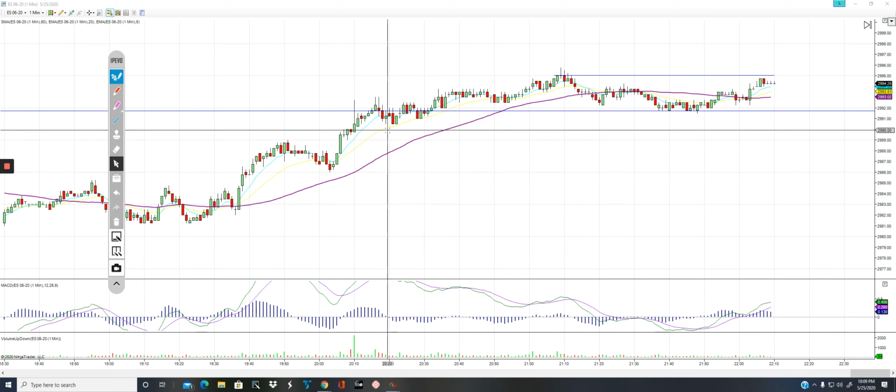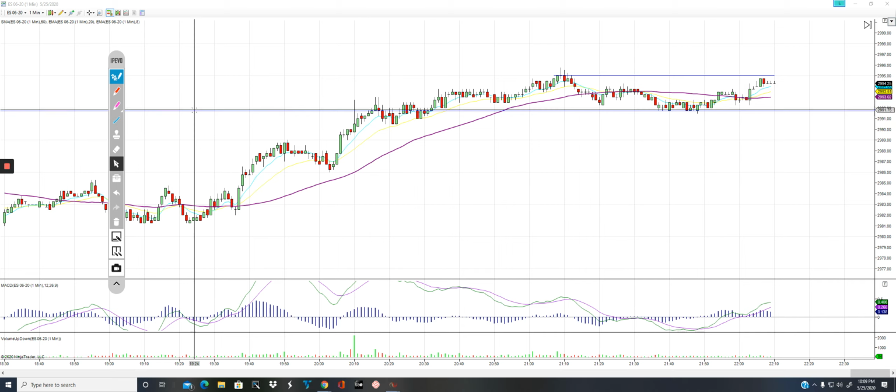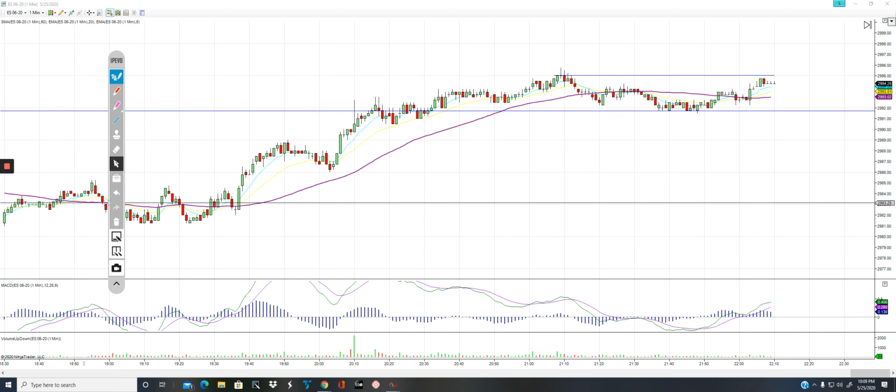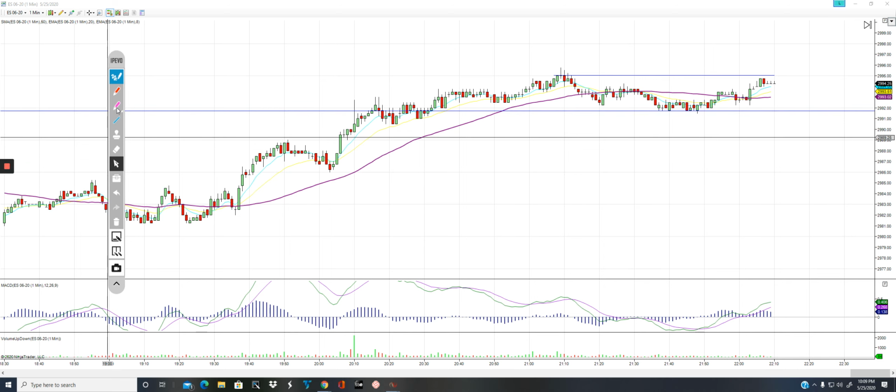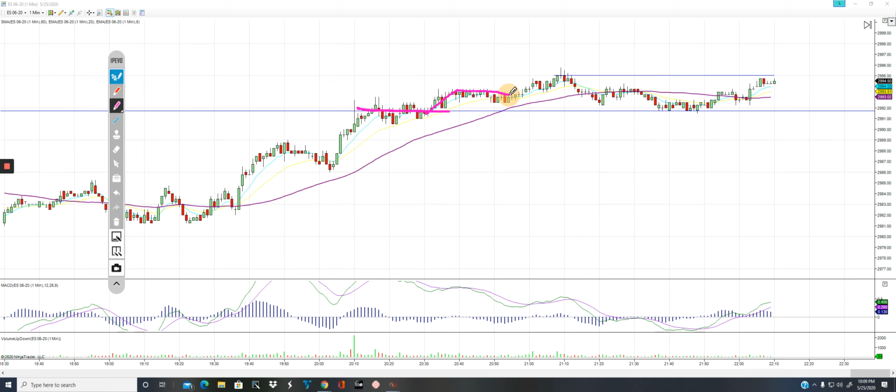I'm actually in the ES and been monitoring this for the last 10 minutes and actually see that we had a breakout right around here. Then market run up, pull back sideways a little bit, run up, pull back, then it made this two-legged move here, pull back down to this support, then we have a run up. So right now we have this double top right here,